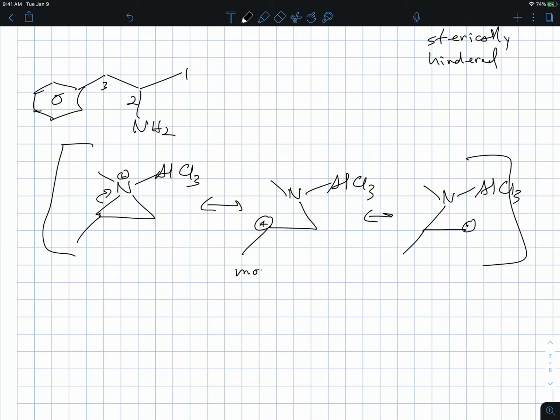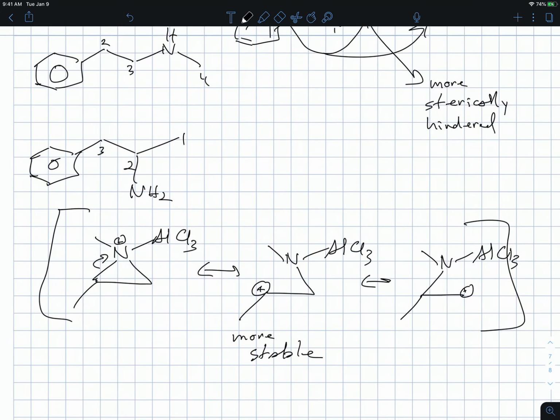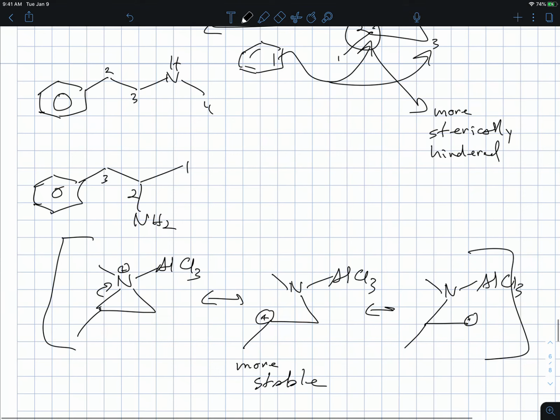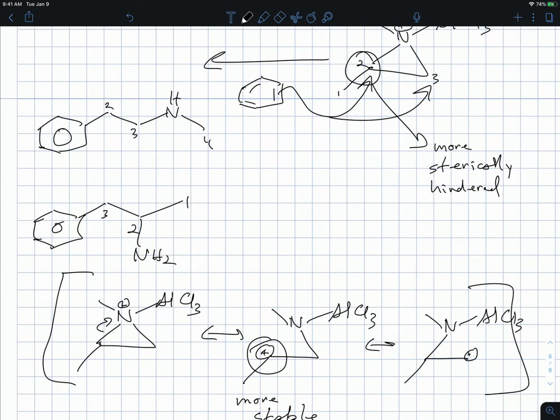Of course, this one is more stable, and therefore is going to have more positive charge and is therefore more electrophilic. Given that the aromatic ring by itself is not a great nucleophile, it's probably very important which carbon has more positive charge, and therefore I would expect the major product would be the one that puts the charge here, or at least in the transition state has the charge on the more substituted carbon, which is the one that gives us